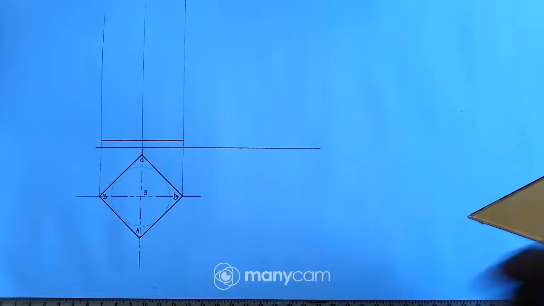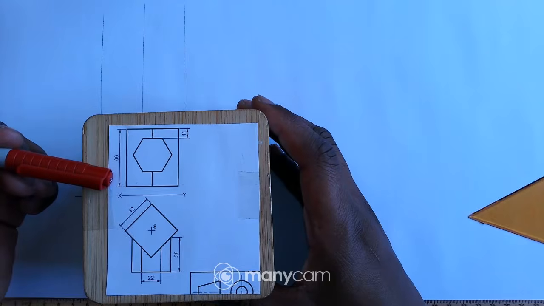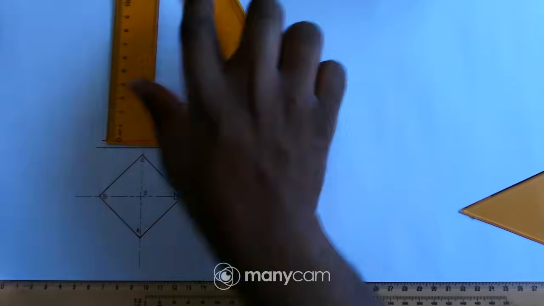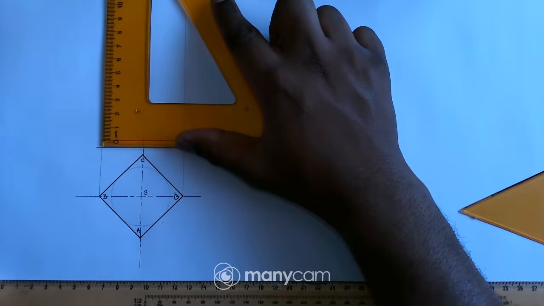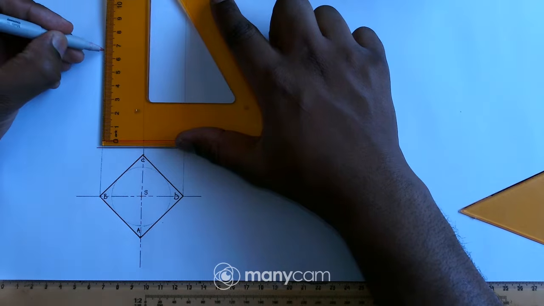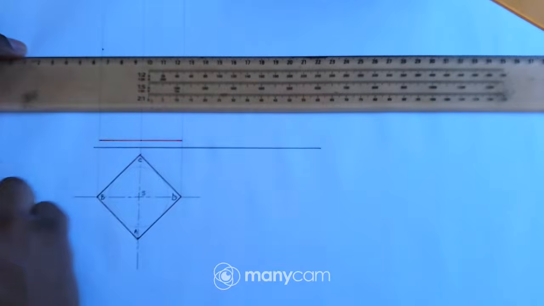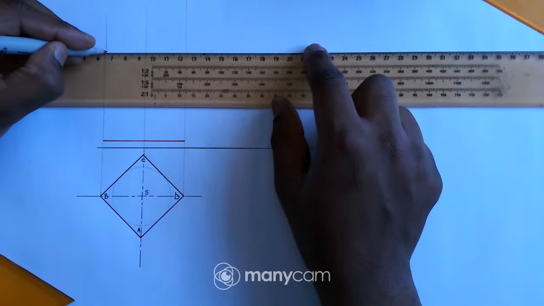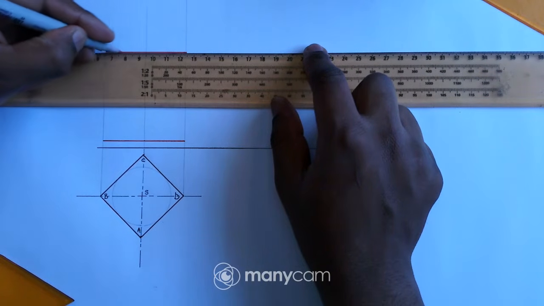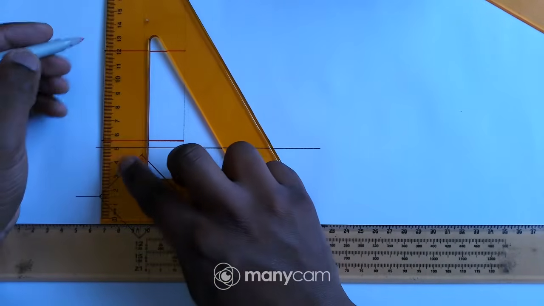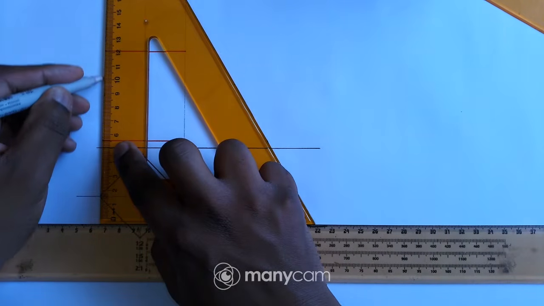Okay, so the height of the prism there, it's 66, so I'll have to measure 66 there. 66 is right there. Okay, so just draw a line there, just like that. And then I can just add the outlines there